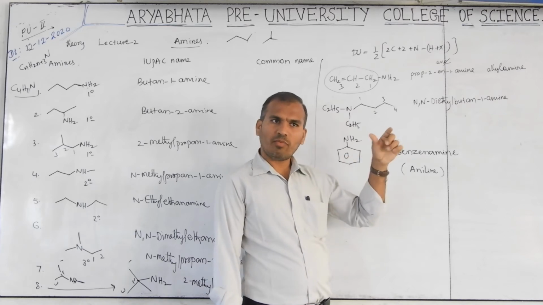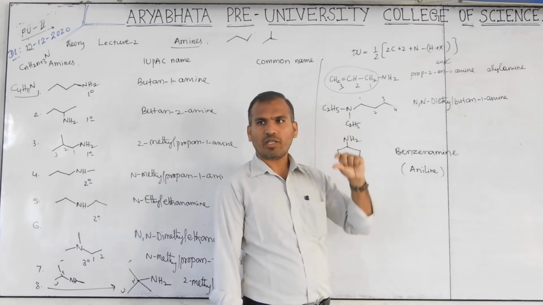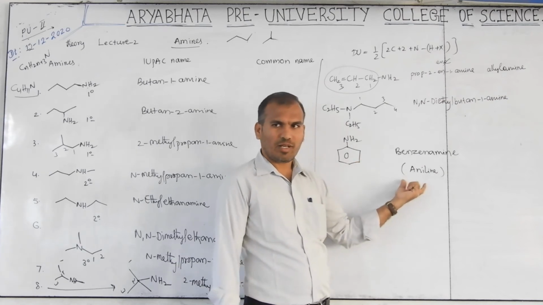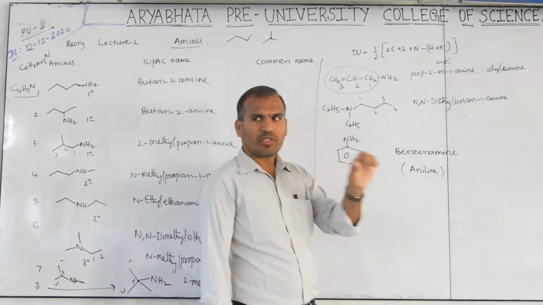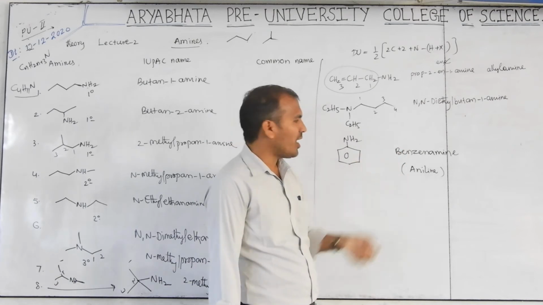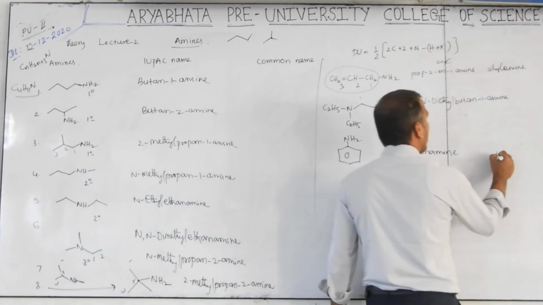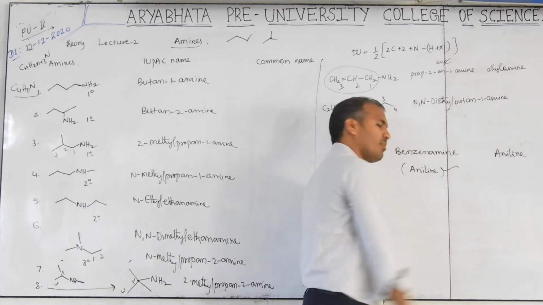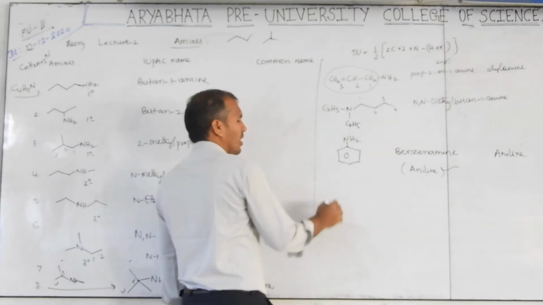On benzene aldehyde, benzaldehyde, accepted name. On benzene carboxylic acid, accepted name. On benzene amine group, accepted name, that is aniline. Okay? So chapter 1, the first one is accepted IUPAC name. Common name is aniline. And IUPAC name also. Accepted IUPAC name. Next.